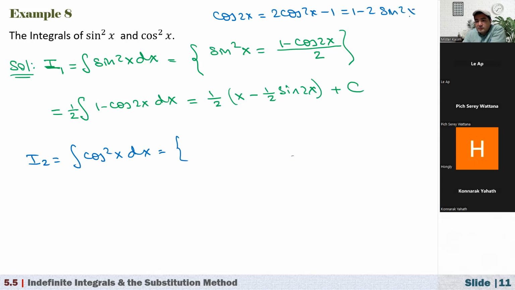2 times sine square root of x, right? So using that identity, I can express cosine square root of x in terms of cosine. As you see here, what we have done is reducing the power, right? It was 2. Now the power of the trigonometric function is 1. So here cosine of x squared, right? We can write here cosine square root of x